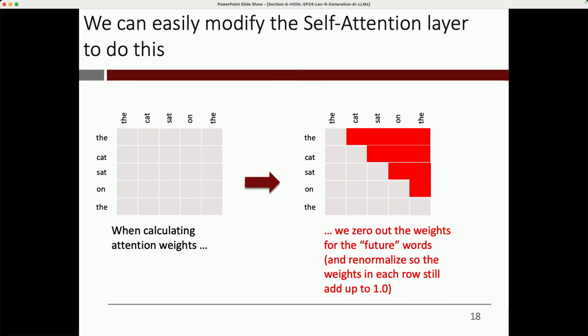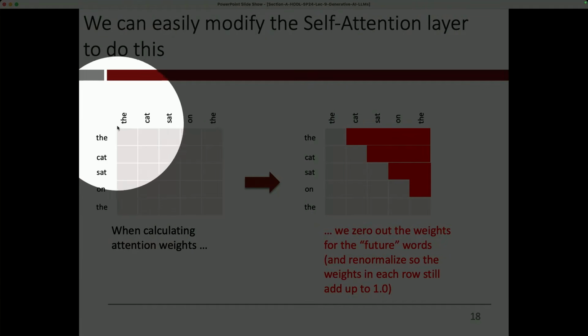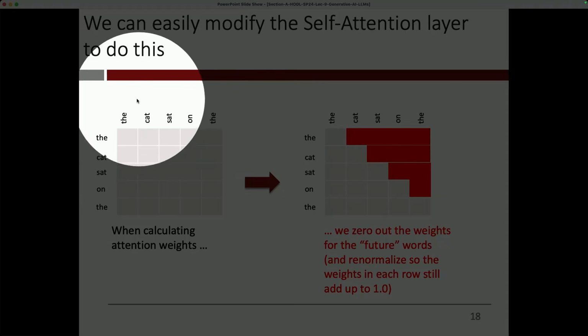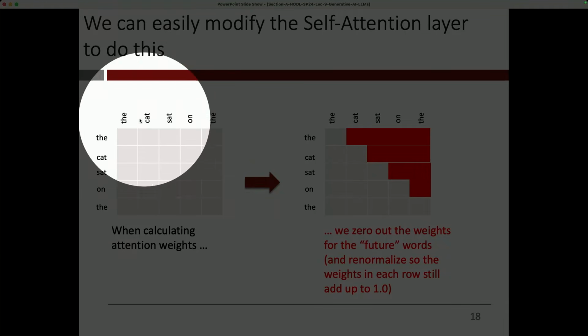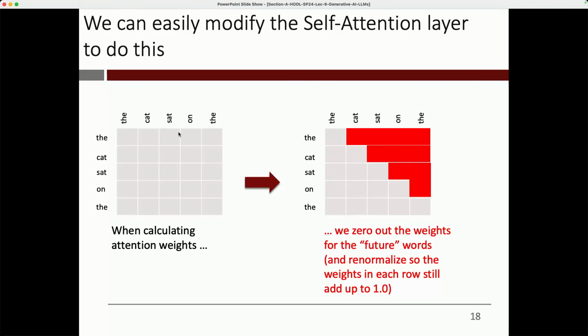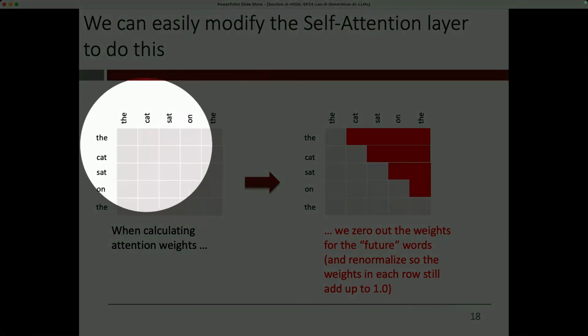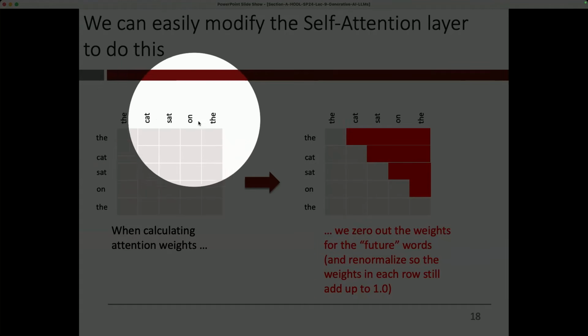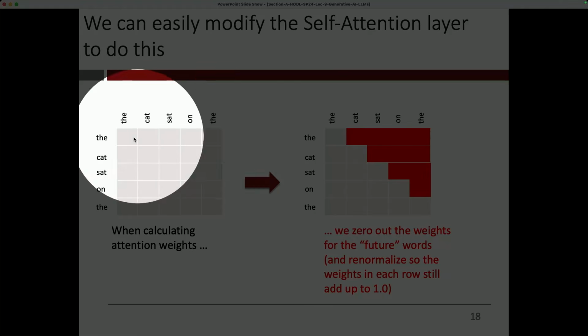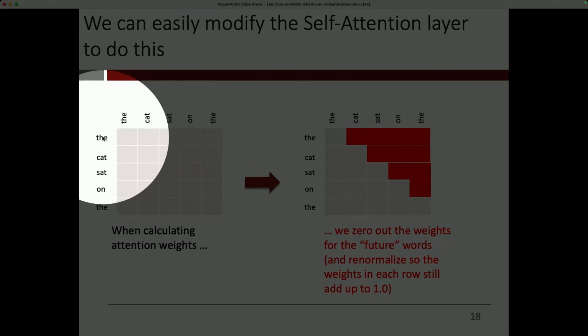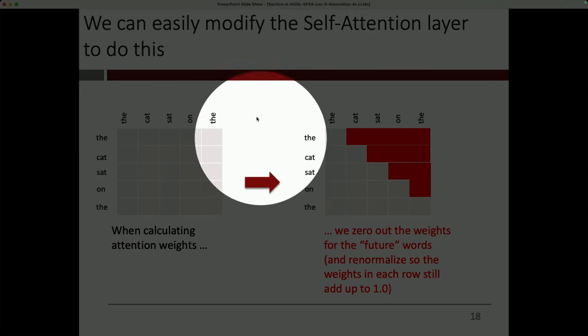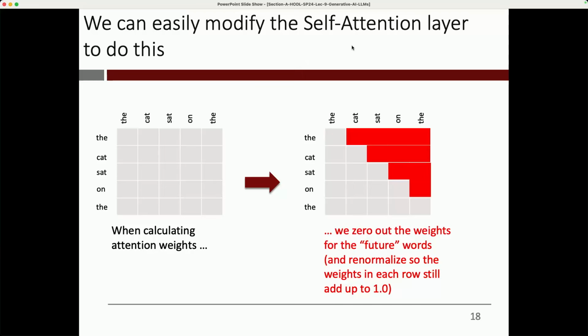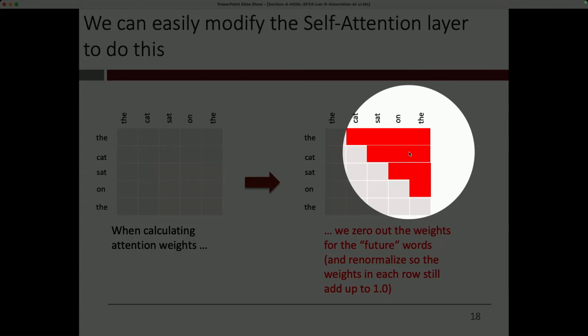So imagine that this is the thing we are going to calculate. These are all for every word in the sentence. We are calculating the pairwise attention weight. And you will remember I went through this with like an iPad thing last week. We calculate all the weights. So all these weights in every row will add up to 1. And so you take the contextual embeddings of the, cat, sat, on, the, multiply them by the respective weights that add up to 1, which is the first row of this table, and that gives you the contextual embedding for the word the, and so on and so forth. And since we can't look at the future words, all we do is we take this table and we just zero everything out in red.